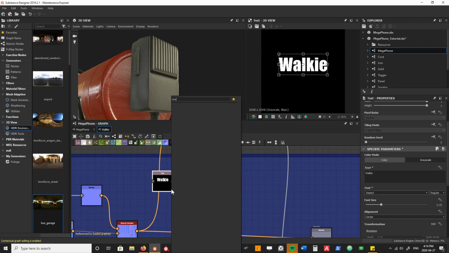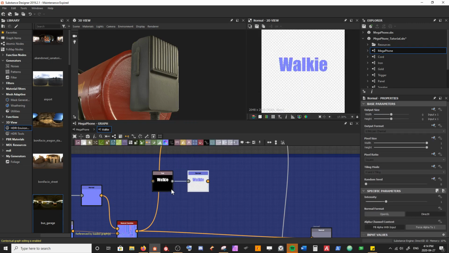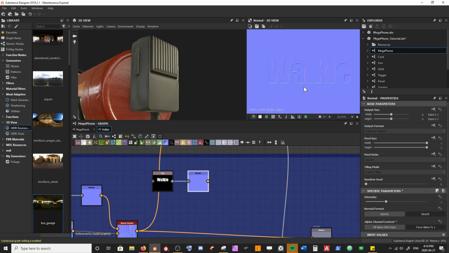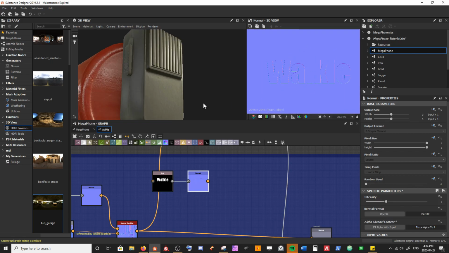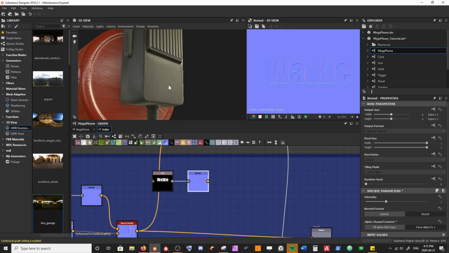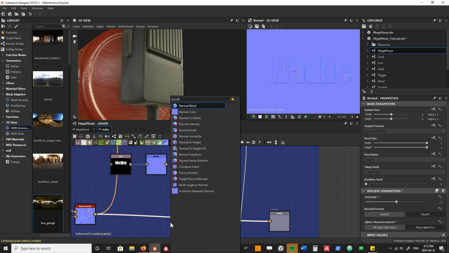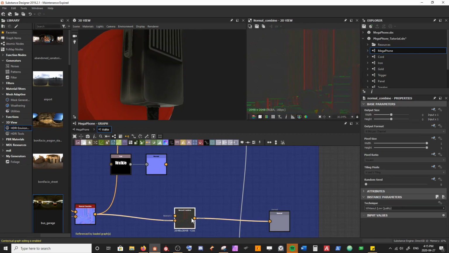And if I just create a normal for this guy here, I want to make sure that we actually have this pressed into the walkie-talkie versus being pushed out. So again, I'm going to set this to a negative value, -1. And I'm going to do another normal combine here. So when I bring this in